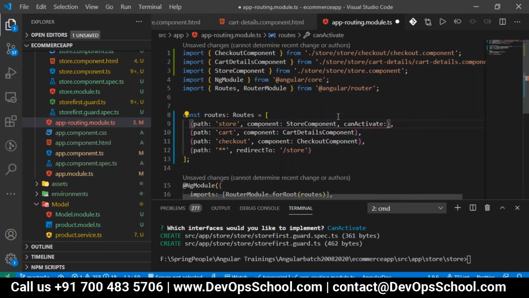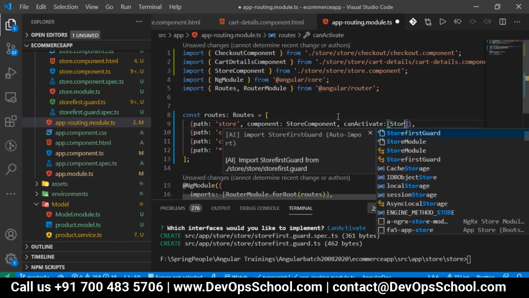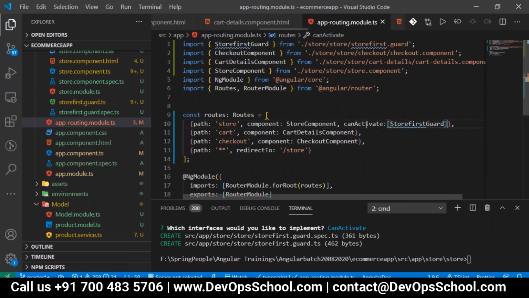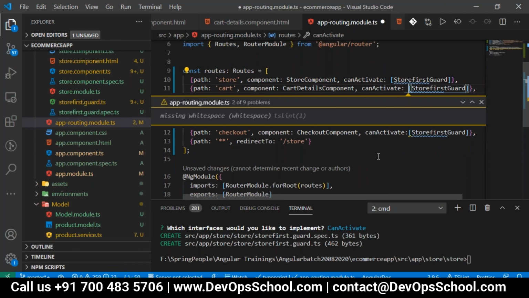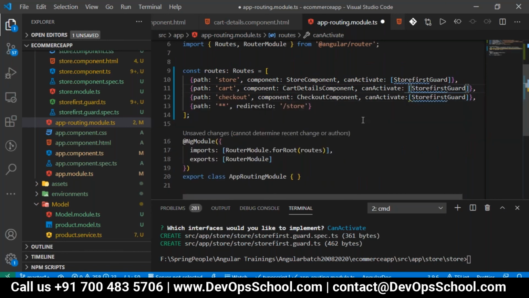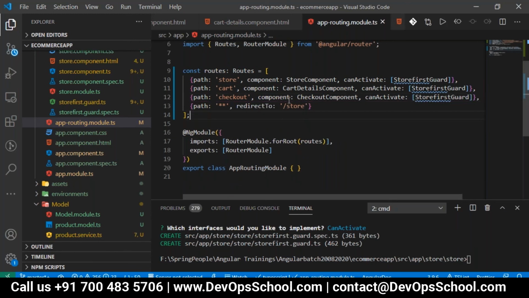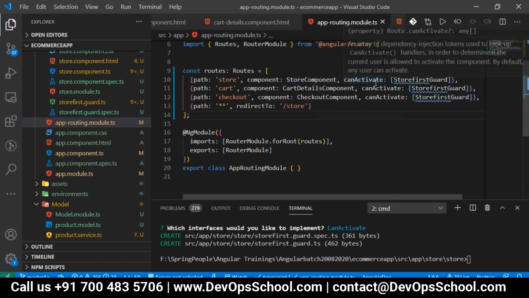You can have multiple guards. Here I have only one, which is store first guard. The same thing should be added for all the routings. So I just added it for all the routings, so it should be checked with the store.